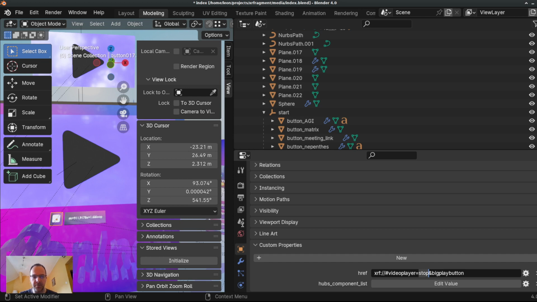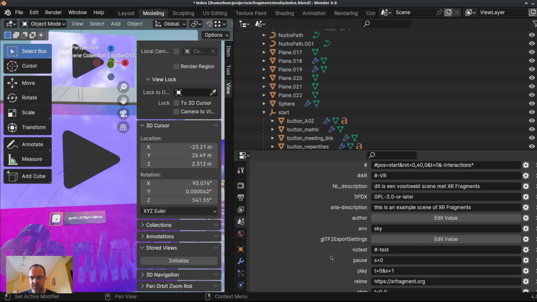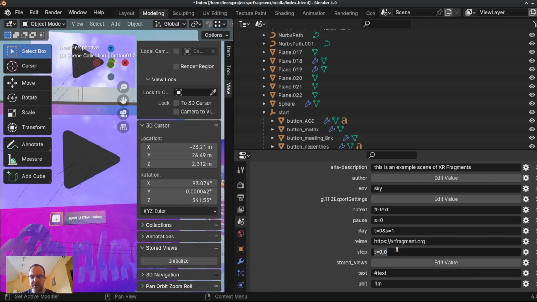And if we go back to the scene variables, you can see stop here. T is 0.0, so it stops at frame 0. Maybe also another funny thing you might have noticed is that,